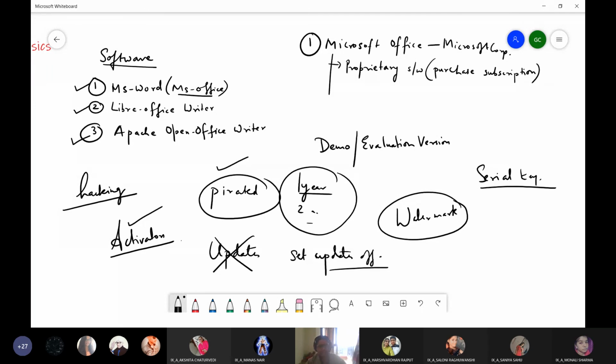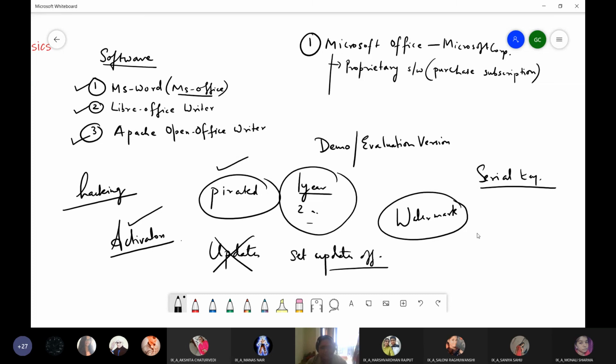But I'll give you the example of our school only. In the past, we had to purchase Windows and MS Office for all the computers in the lab, right? Because it's normally an organization, an institution, and if somehow they come to know that an institution is using so many licenses, so many pirated versions or copies of the software, they will generally take action against them, right? So this is what happens.